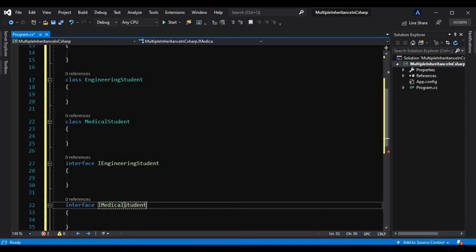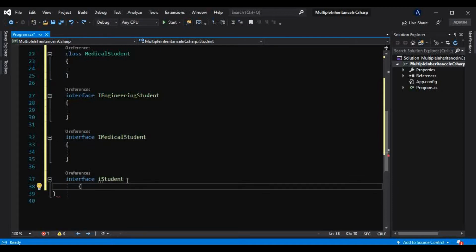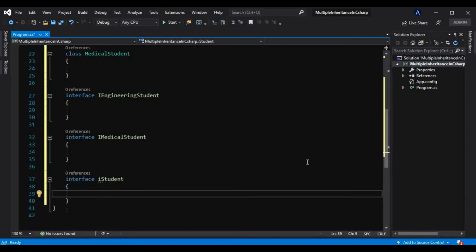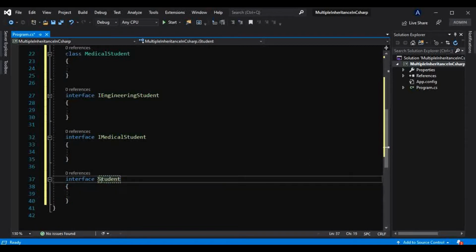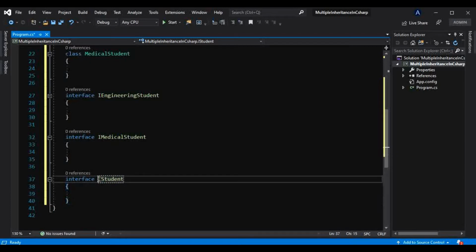I am taking all these interfaces, this abstract class, and these classes directly because we have already seen this same example in the previous tutorial. That is why I assume that you are well aware of this concept as well as this example. The I should be capital, and we have also learned why we take this I in the interface name.